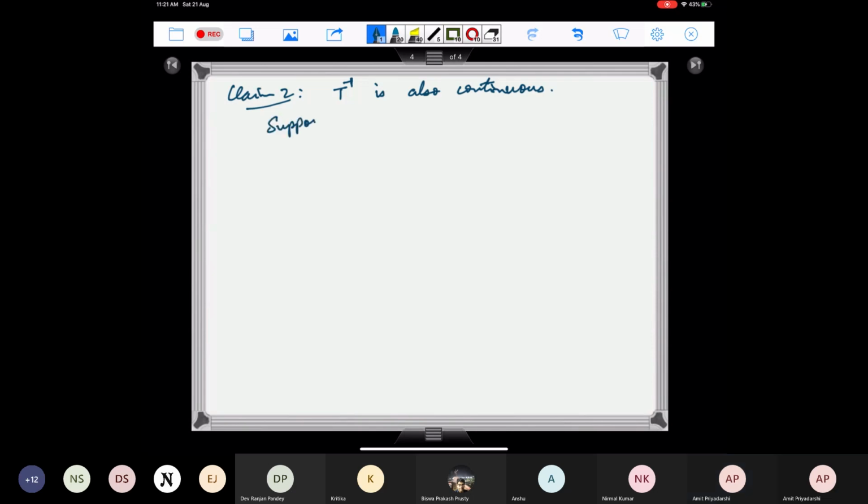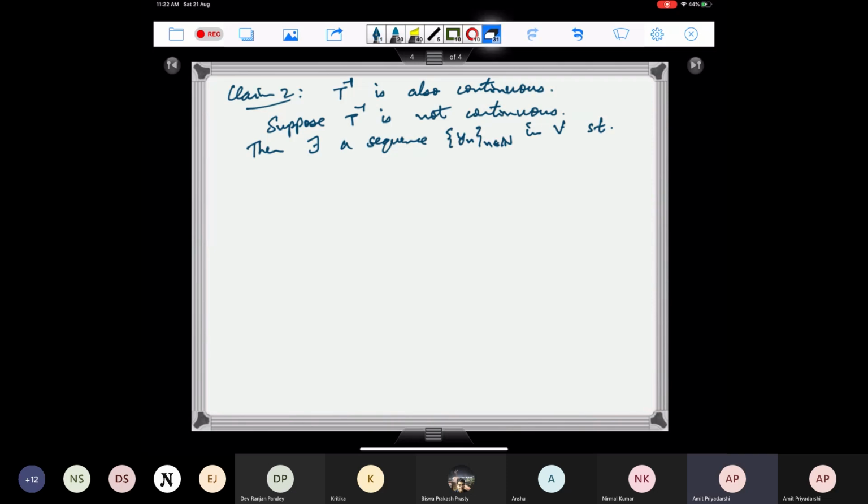Suppose T inverse is not continuous, then there exists a sequence yn in V and an epsilon positive such that the norm of yn goes to 0, but